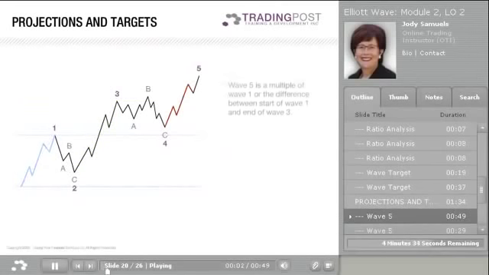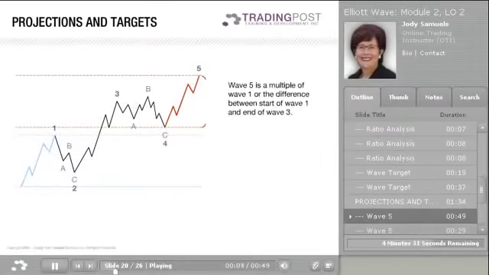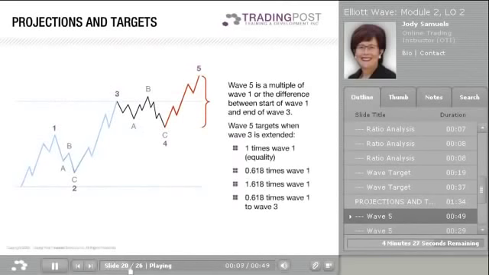Wave 5 is a multiple of wave 1, or the price difference between the start of wave 1 and the end of wave 3. For example, when wave 3 is extended, meaning that it has traveled further than 1.618 times the length of 1, it means that wave 5 will likely not be extended. The likely targets for wave 5, when wave 3 is extended, are 1 times wave 1, or equality with wave 1, where the length of wave 5 equals the length of wave 1,